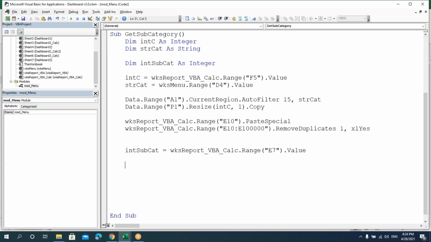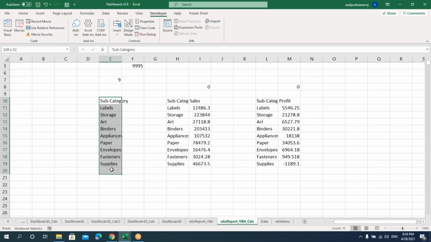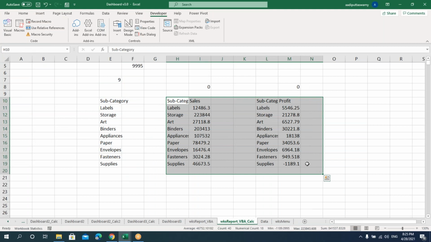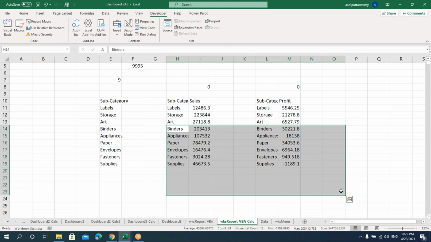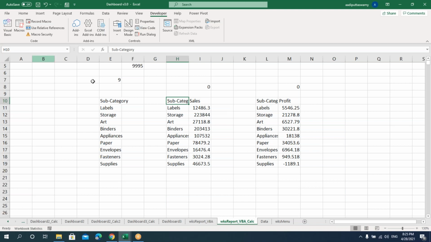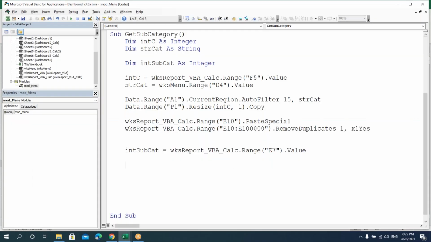All right, so let's go here. We'll try to copy this and paste it here. But when I'm pasting, let's clear this first, because some categories have only a few subcategories, some have more. If you're not clearing, the previous subcategories which were there will still be available here. So what we'll do is clear from H10 to M somewhere, we'll give some buffer.